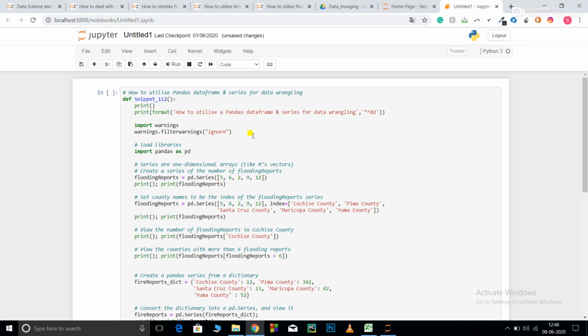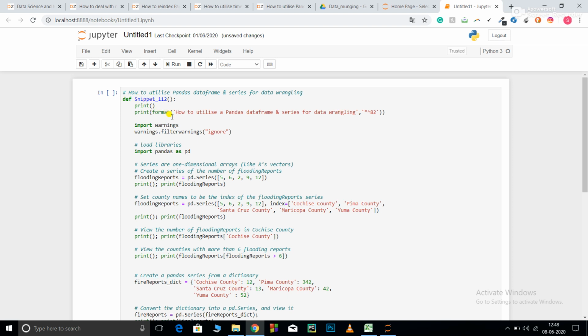For example, calculating the mean of a column can be used to fill NaN values, which are the values that are not available, or in case of outliers you can deal with those outliers using mean values too. So that's why it is a very essential part of data analysis, and most of the time spent by a data scientist or a data analyst is while doing data pre-processing, data wrangling, and data munging.